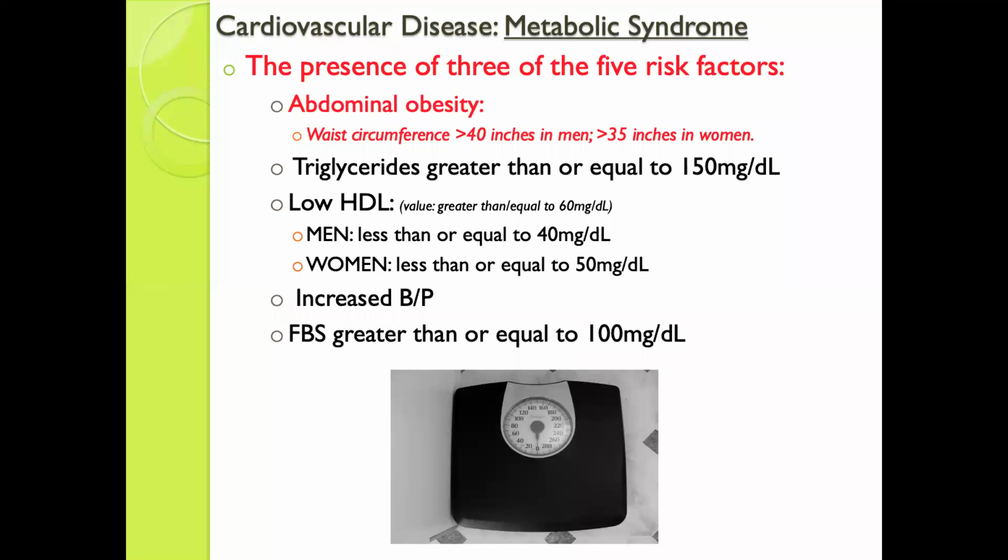Cardiovascular disease is often the outcome of something called metabolic syndrome. And what are the highlights of metabolic syndrome? Abdominal obesity, right? Greater than 40 inches in men, greater than 35 in women. Triglycerides greater or equal to 150 milligram per deciliter. Low HDL, men less than or equal to 40, women less than or equal to 50. High blood pressure, and